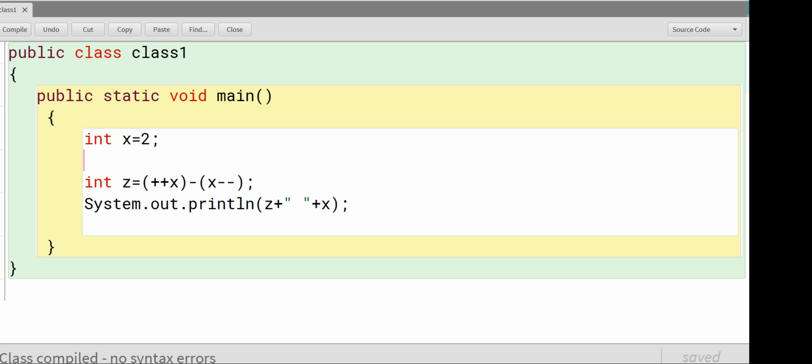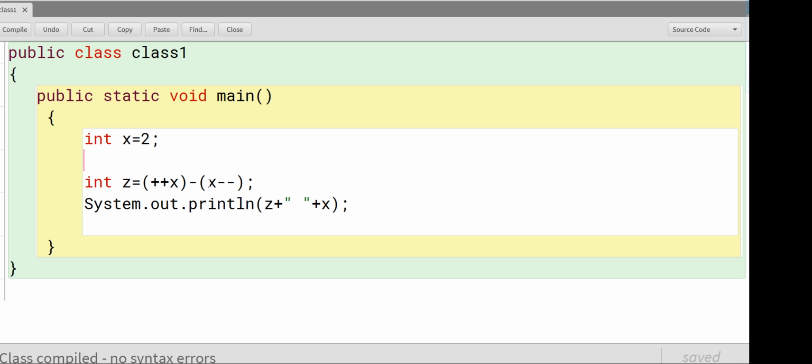Now after applying this, the value of x will be decreased by using the decrement operator. But here the postfix form of the operator has been used. The value of the variable x will decrease. The value of the variable becomes 3 here, and afterwards it becomes 2. 3 will be decreased by 1 and become 2, but the value before the decrement will be used.